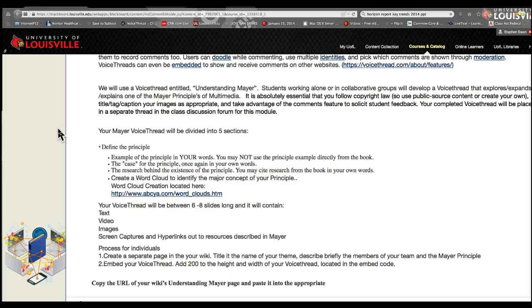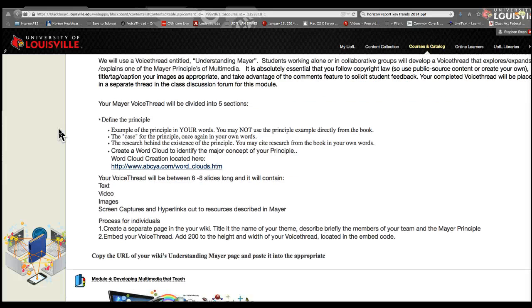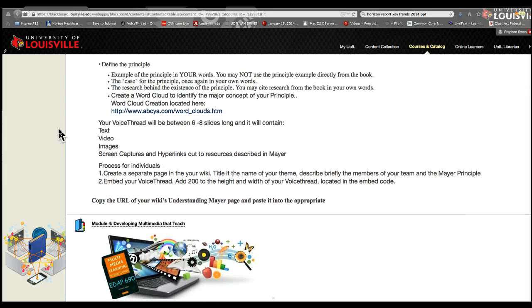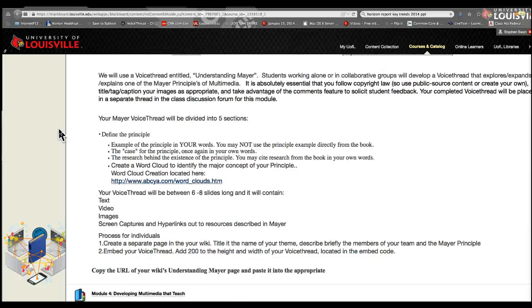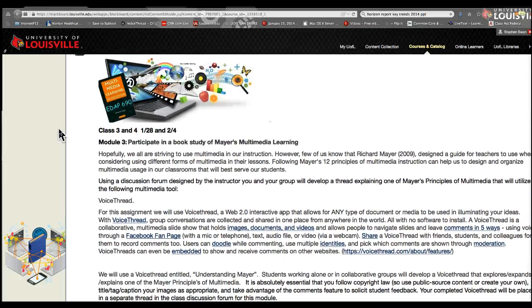You're going to create a word cloud to identify the major concept of your principles. This isn't hard. If you've never done a VoiceThread before, there's a little bit of a learning curve, but not much. What will be different is not only are we going to place the VoiceThread that you create in your wiki on your page that you will have created, we're also asking you to put the VoiceThread that you have created